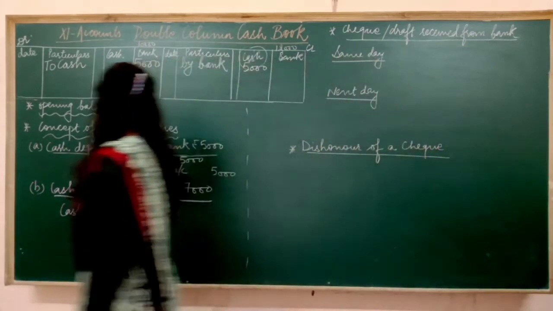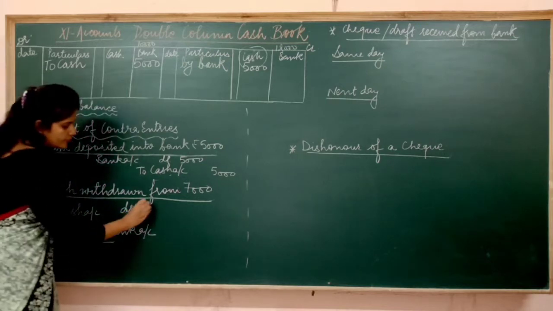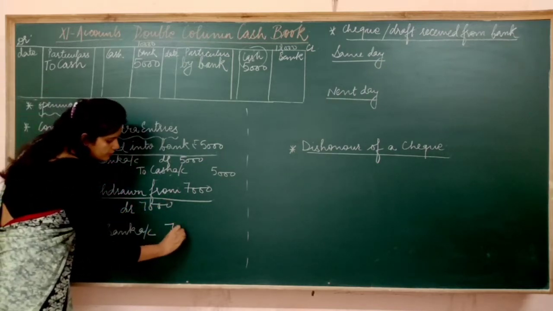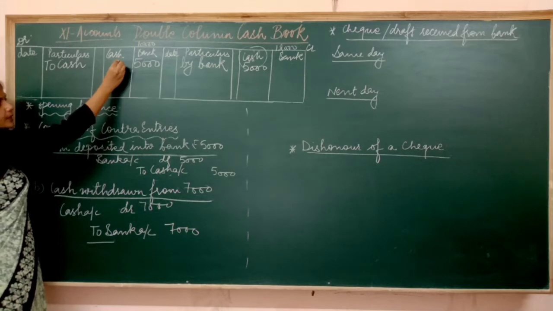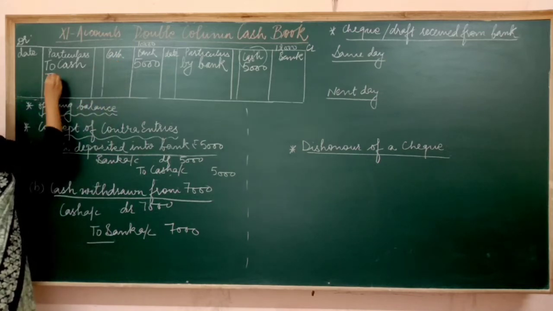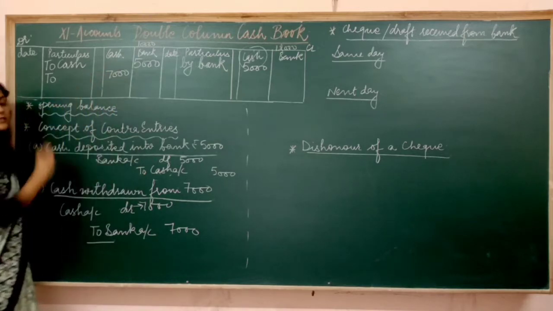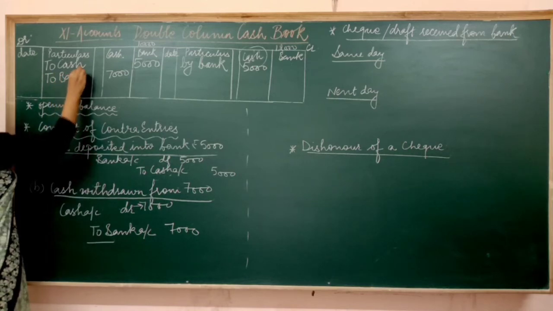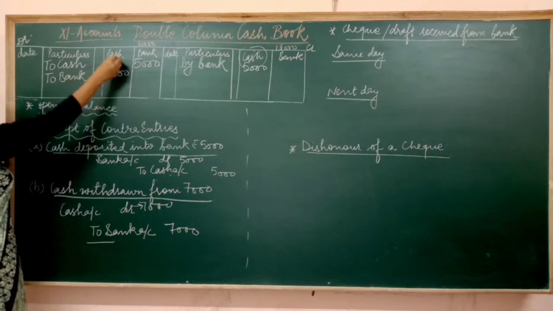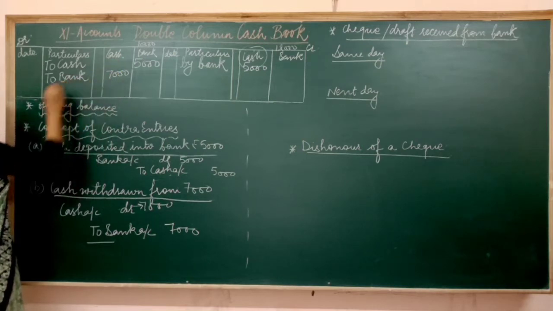See how we are going to post it. Check first of all debit and write the amount also. Check which account is debited here. Cash is debited, cash debited. Cash is debited means to. Cash is debited with 7,000. Write here 7,000. Cash is debited because of bank, so write here to bank. This line means that 7,000 rupees has come into the business and this money has come from bank.